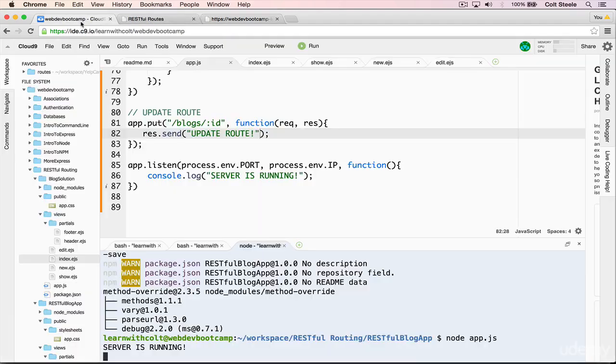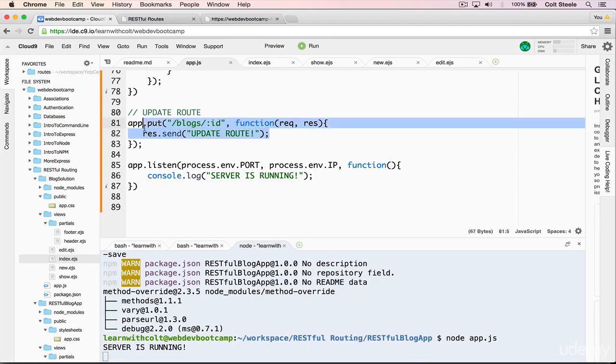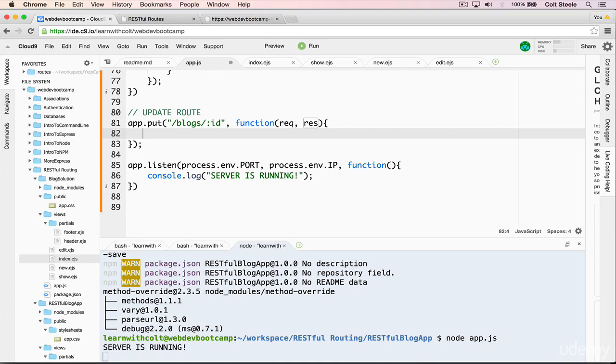So notice the request that was made. It has _method equal put in the URL, which tricks our app. Doesn't really trick it, but method override is listening for that, and it says, okay, this actually isn't a post request. They want us to treat it as a put request, so it triggers our put route. So now we need to update what happens in here. It should take the ID in the URL, find the existing post, or the existing blog, and update it with the new data. And we can do that in one fell swoop using a method called